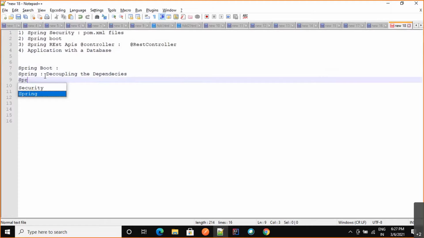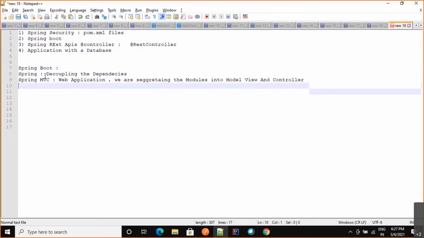And in Spring MVC, what we learned is that when we are making a web application, we are segregating the modules into model, view, and controller. I hope this is clear, that this is a concept we learned in last week's class, MVC. Model, view, and controller.